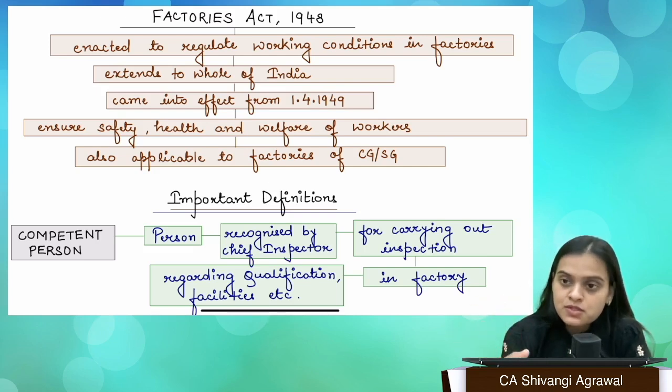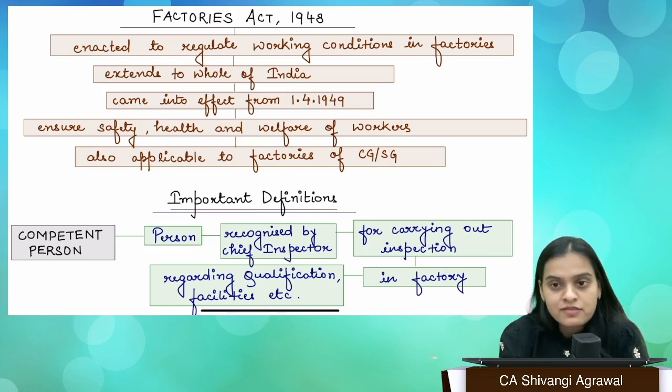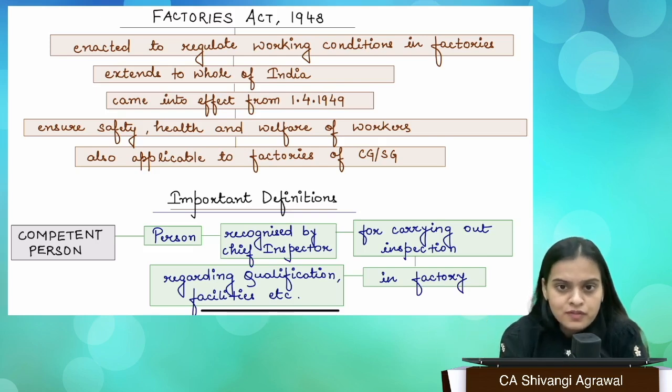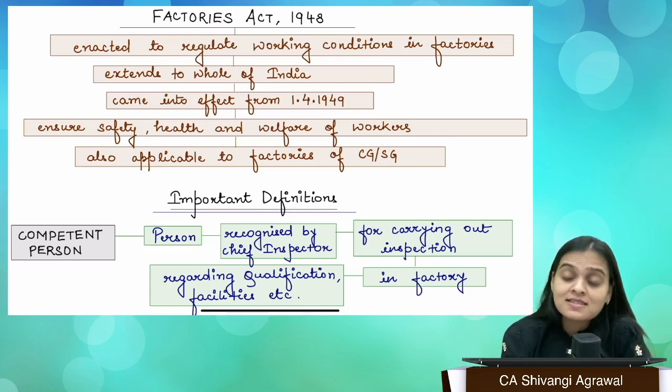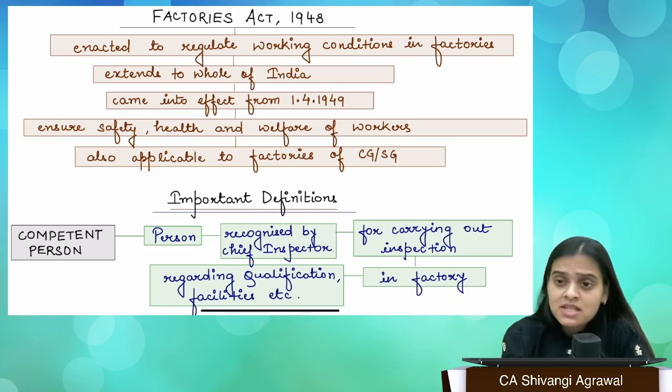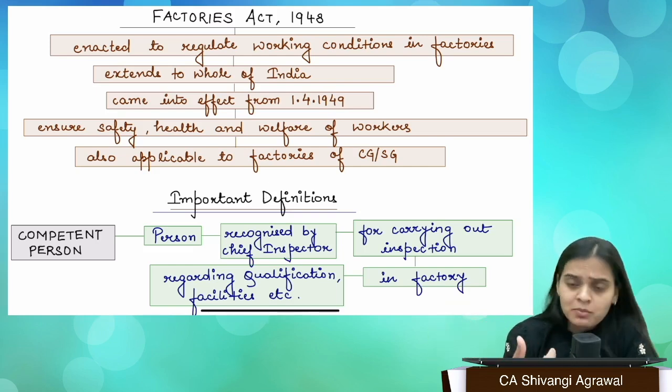There are a lot of workers who turn up and work in the factories, but are they being provided the basic necessities that they need? Is their health being taken care of? Do they have safety measures? Because there are many accidents which happen in factories, because there are machines, right? There might not be proper fences around the machinery, right?